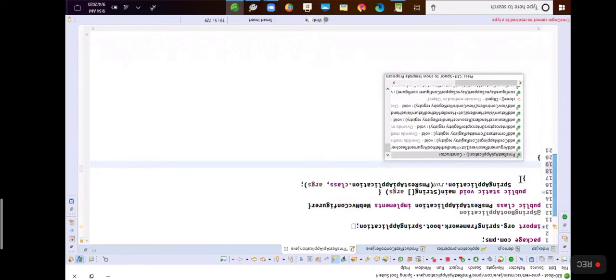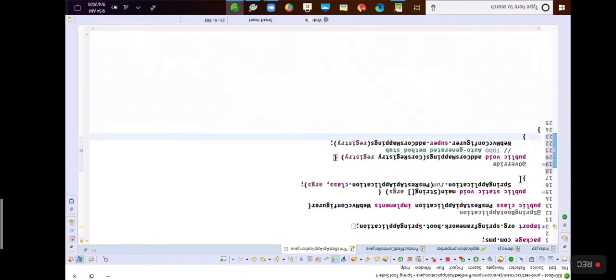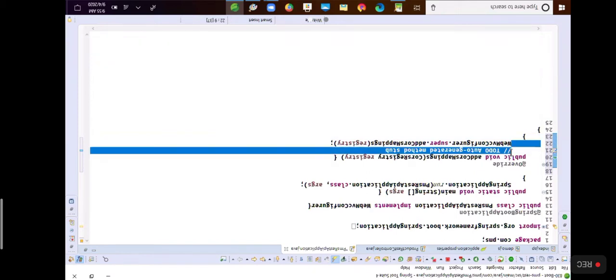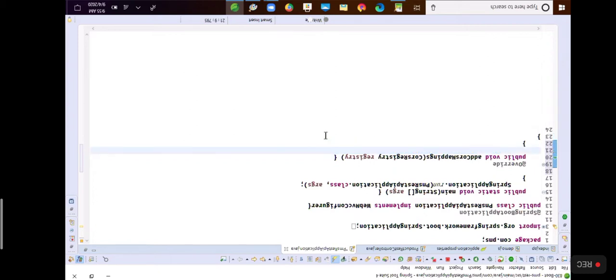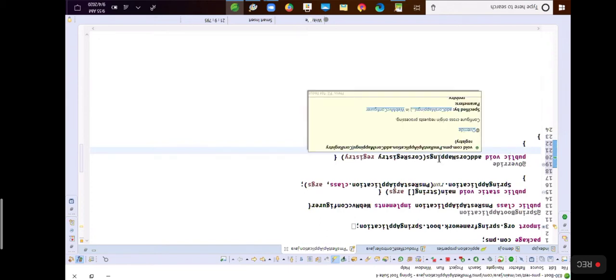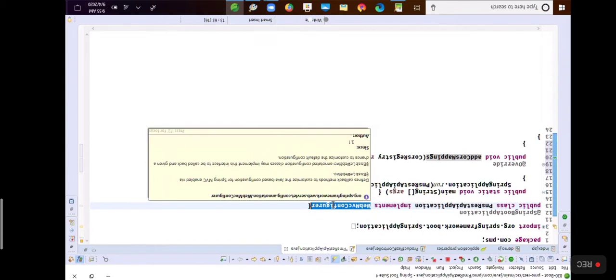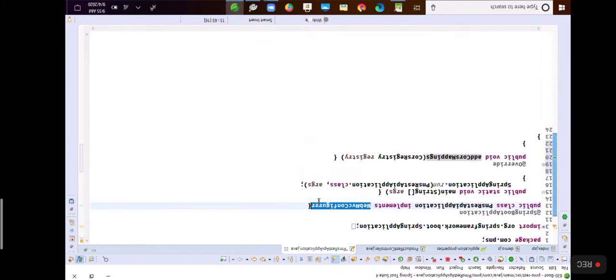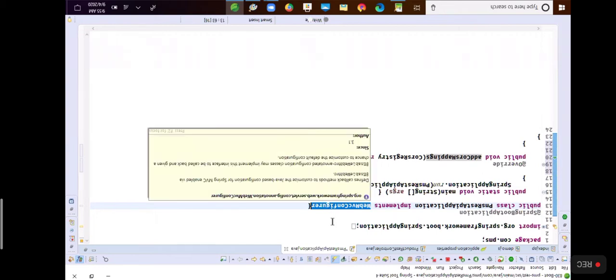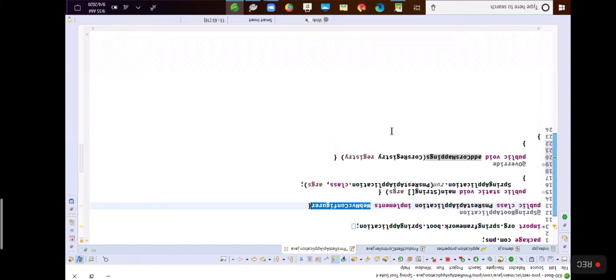Here I am going to override this method, addCorsMappings. Now this is a method I'm overriding. Remember, it's a default method in this WebMvcConfigurer interface. This interface contains all default methods only. There are multiple methods, all default methods only. Now this interface doesn't have any abstract method. So I want to override this default method.